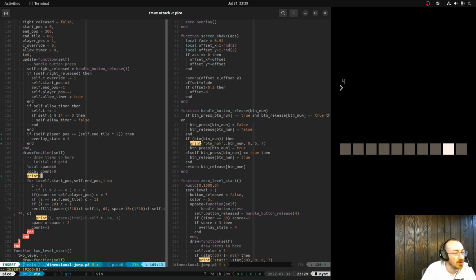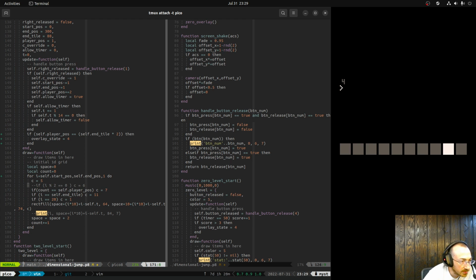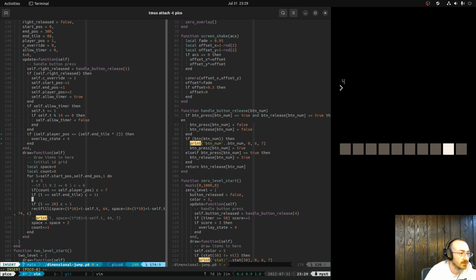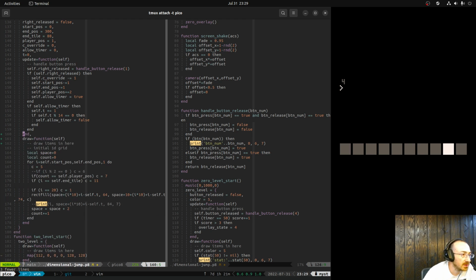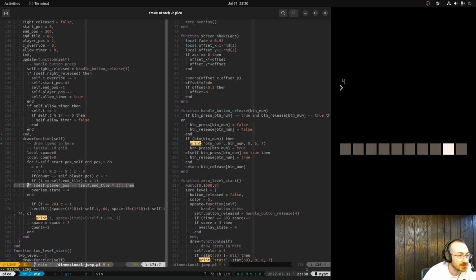Count equals self dot. Oh, okay, I see. The count is self dot player position. Count is local to this function. I is defined in here, so this is going to be terrible, but if count equals self dot player position and I equals end tile, then all of these combine to mean that you have the goal. So this should really be over here, which is not good because there's game logic state inside of the draw function, but